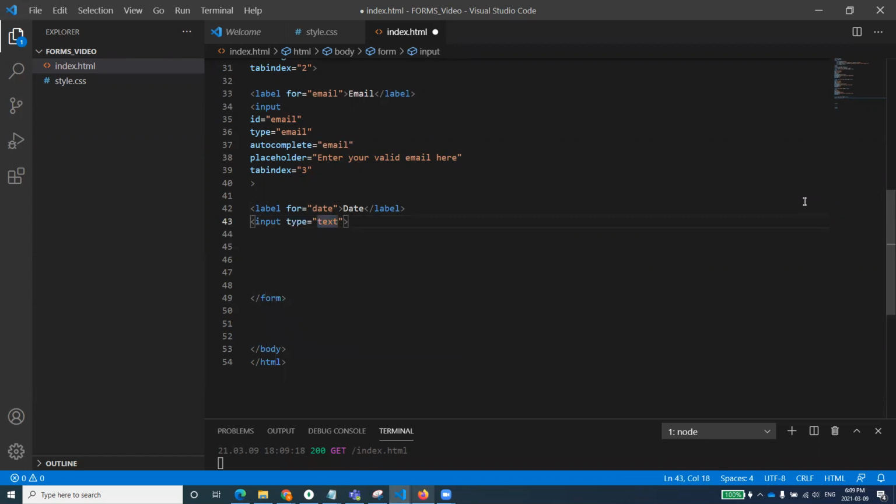And again, I'm removing this type. First of all, I'll set up the ID equal to date, and then I will set the name. I forgot the name of the previous one, email. I will do that. Since we are not sending this data, we should not be that worried about it, but anyhow, I'll be using that name over here.